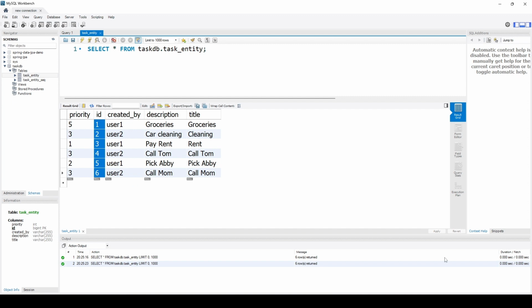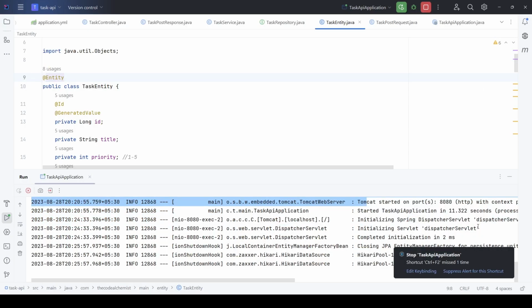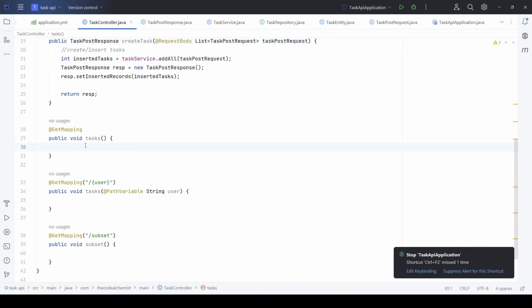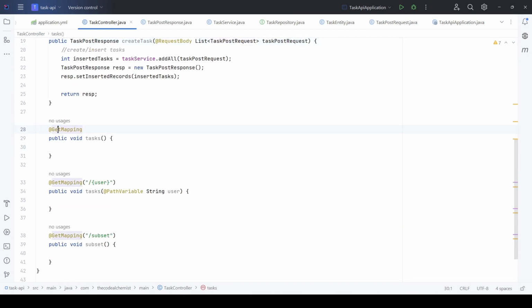The next step is we will implement the get endpoint to read this data in bulk. Let's go back to the controller, stop the API for now. And this time we will start implementing this method, which will service HTTP get call, and it will return all the items from the database. Because this will return all the items from the database, it will not accept any filter criteria. So we don't need to provide any method parameter here. All we need to do is